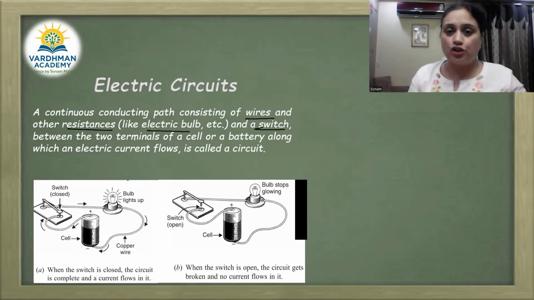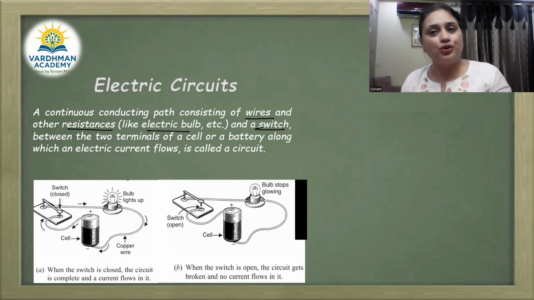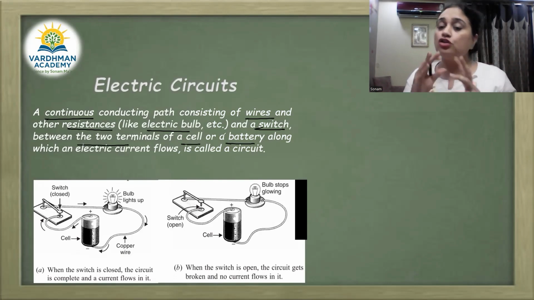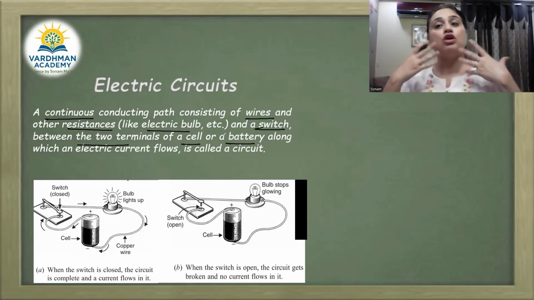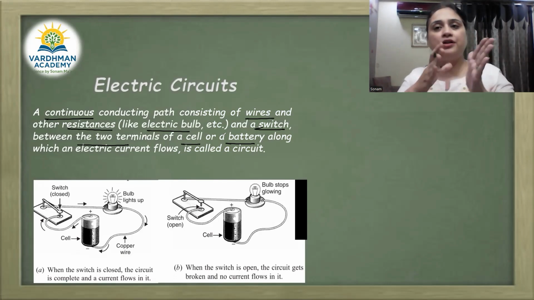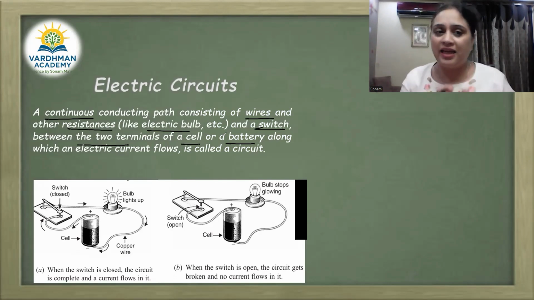It is also having a switch. Switch is very important in a circuit because you can regulate the circuit when it should be closed and when it should be open. So to make the circuit and the conducting path continuous or non-continuous, you need what? You need a switch, right? Between the two terminals of the cell or a battery. So cell or battery क्या है? It's a source of energy to push the electrons from one terminal to the another terminal, from the positive to negative, that is the current, and from negative to positive, that is the electron flow.